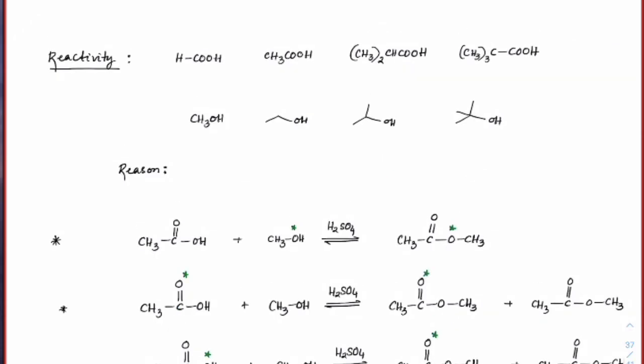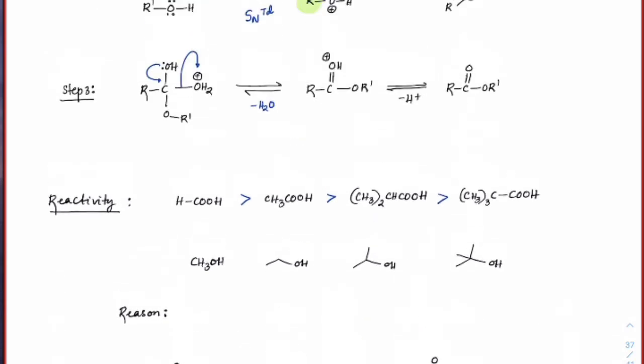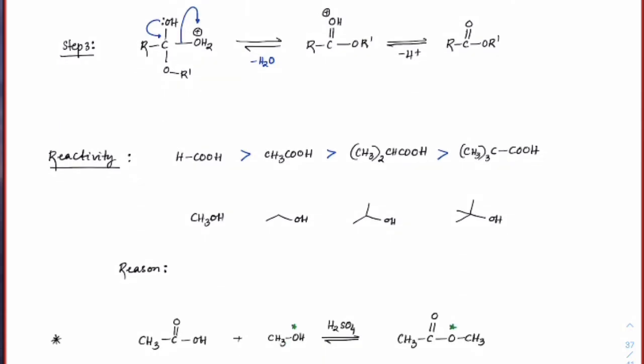The reactivity completely depends upon the stability of that SNTD intermediate. So which means if you have more bulky groups, less stable it would be, correct? So acids has to be as less alkyl as possible. So which means out of these 4, which acid will give better esterification? Formic acid. Similarly, alcohols R group also must be, check out these 2 groups, right? So this R and R dash, they should be as less bulky as possible. So here also if you check out, methanol is better than ethanol, then isopropanol or tert butanol.